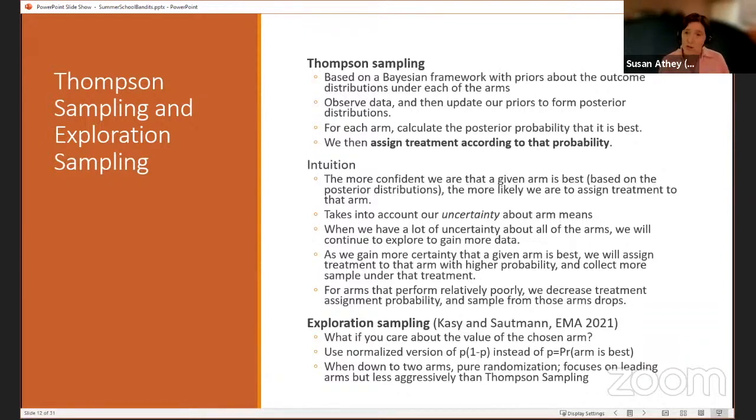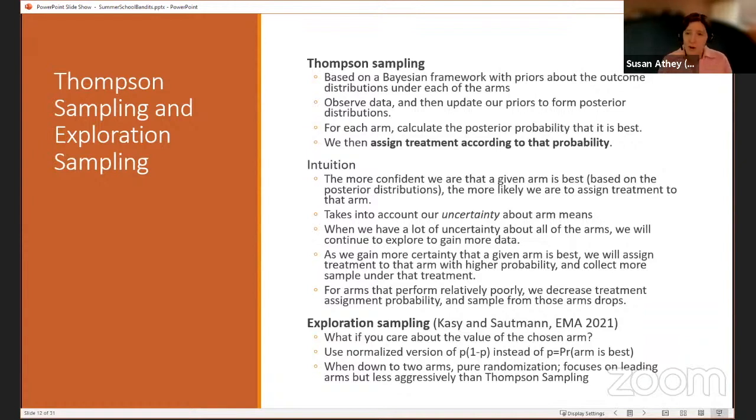So if you end up with just 2 arms alive at the end, you're going to just do pure randomization between those. And that makes sense, because if I really care about the value of what's left, then to minimize the variance, I should keep bouncing back and forth between those 2 arms, gathering data on both of them, just so I can make sure I learn which one is better.